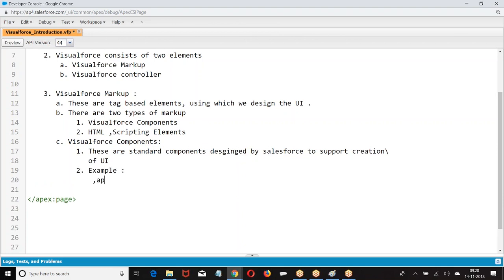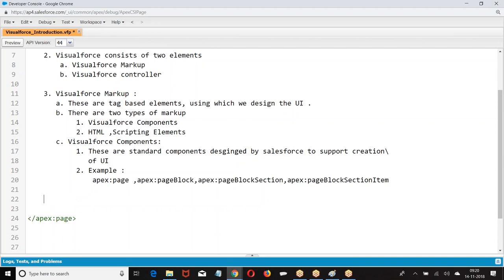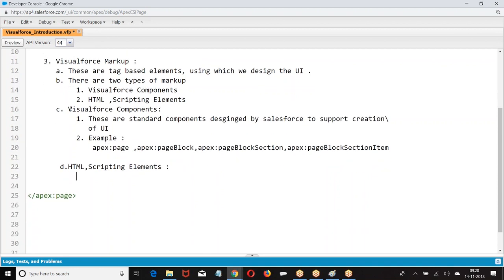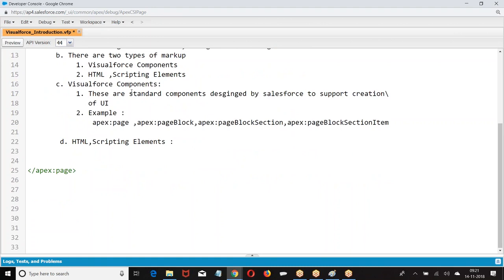For example, apex:page. Then HTML and scripting elements.